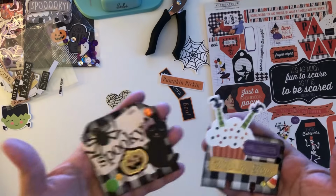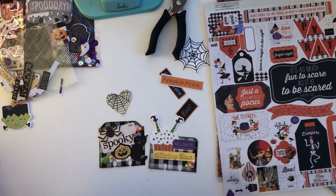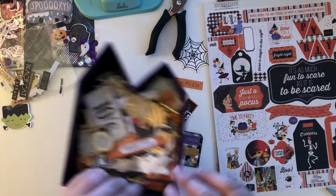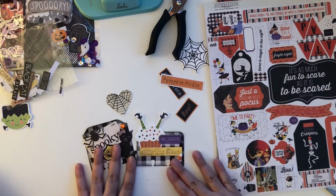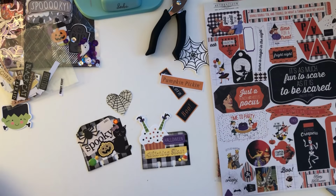Here are our mini little Memorydex cards. It took me forever because I actually didn't have what I wanted to do on the cards. I kind of just did it with you guys, and sometimes that takes long when you're just picking out your ephemera pieces, and you guys know I don't speed up my videos, so it's not too bad. We're only at 17 minutes, but that's it for today's